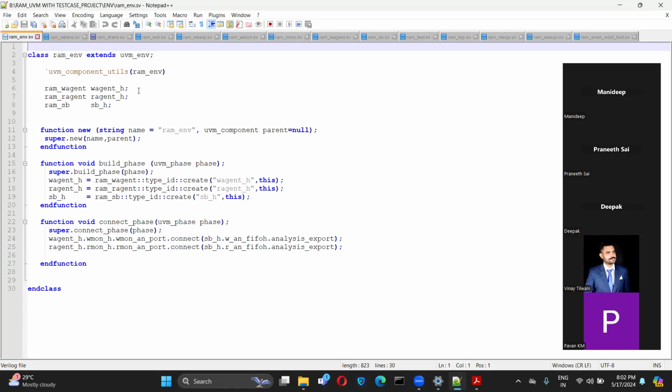Usually the end of elaboration phase is always there. If you go through the description, in regular projects most people don't use it, but if it is used, it is well and good. The end of elaboration phase can be used to print the topology and such. But this is a simple basic project, and that's why they haven't used it.